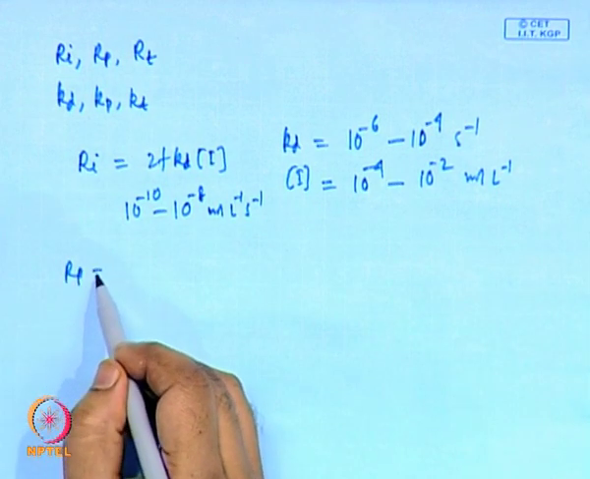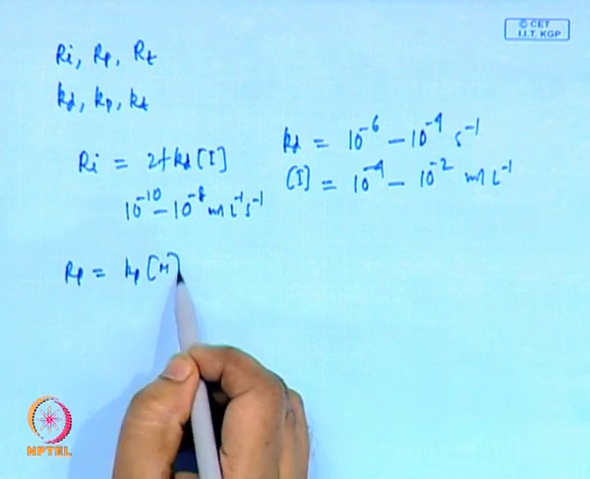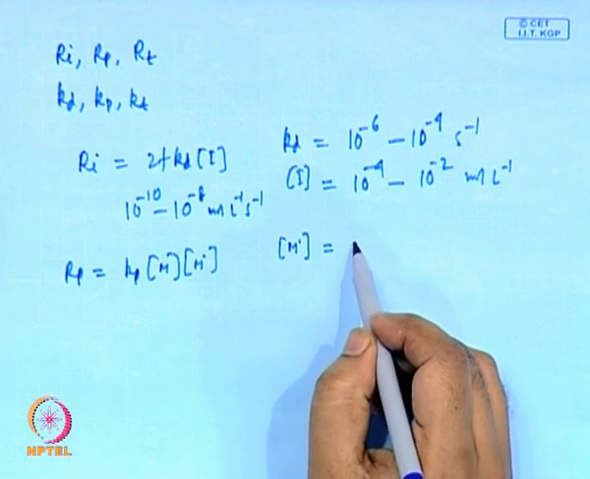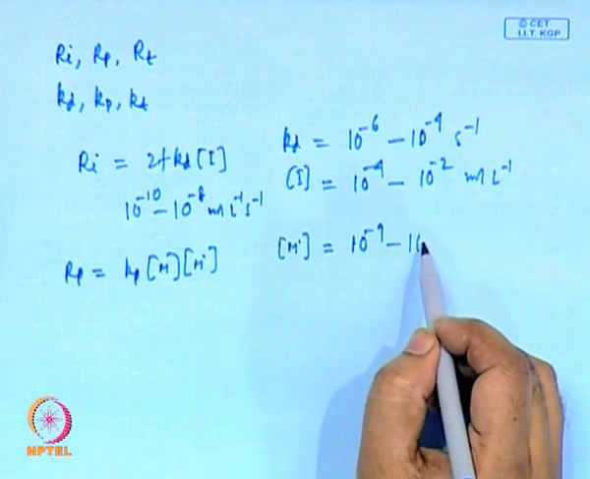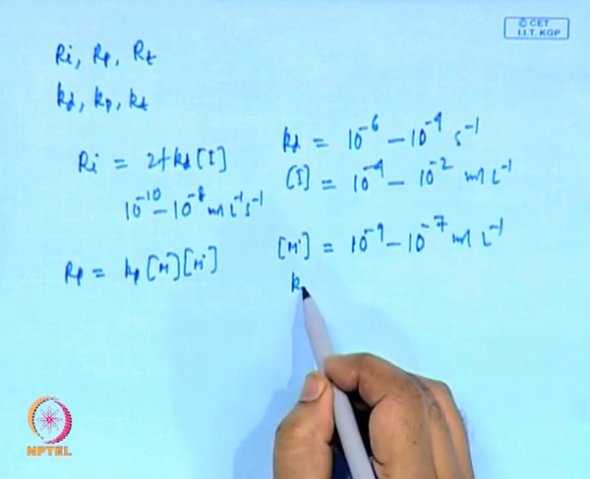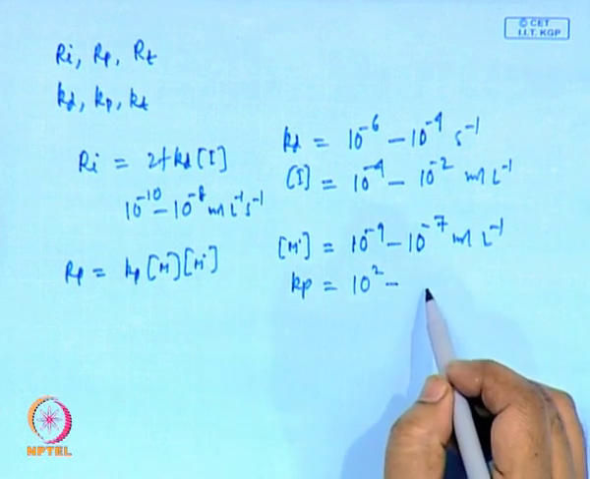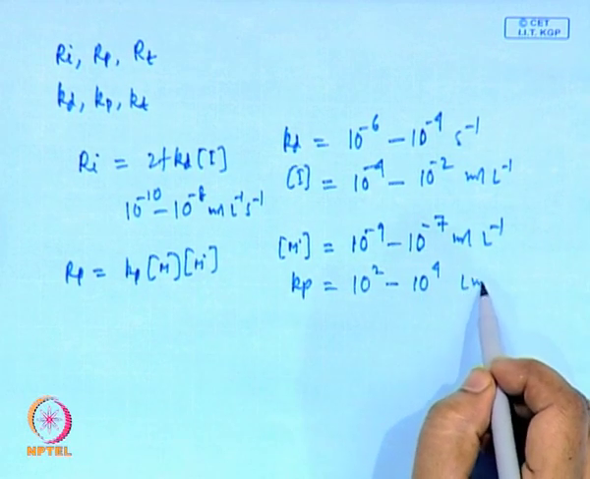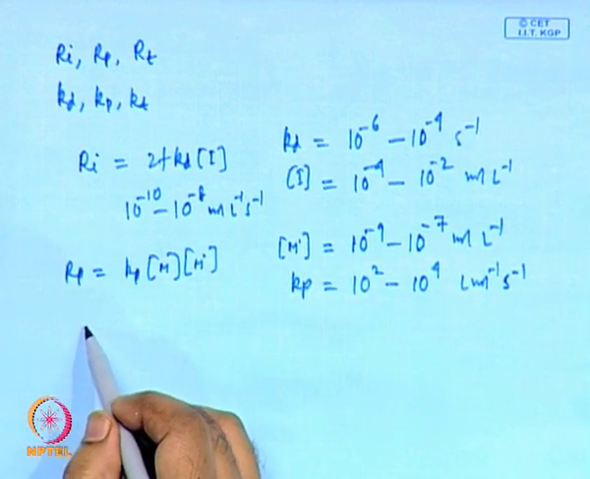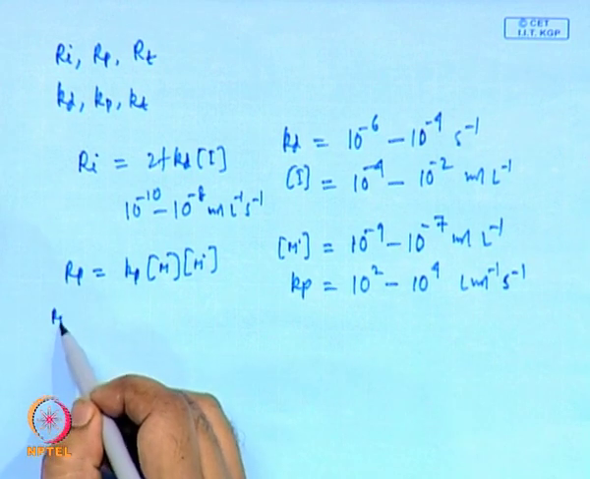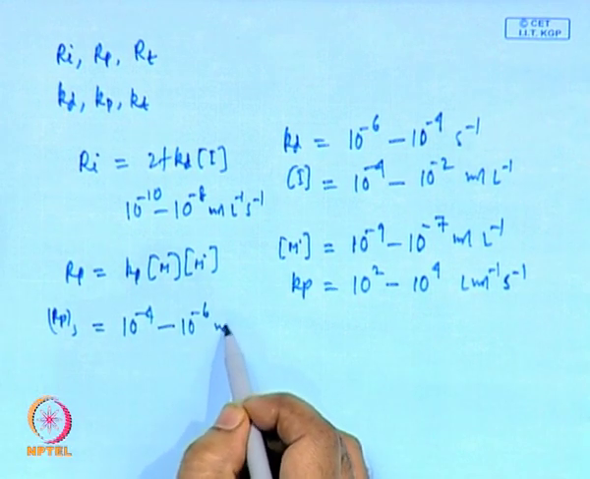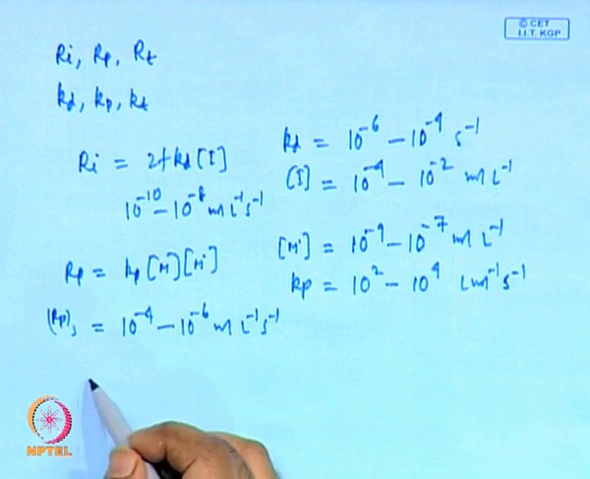Similarly Rp, M dot value typically is between 10 to the power minus 9 to 10 to the power minus 7 moles per liter. Kp is 10 to the power 2 to 10 to the power 4 liter mole inverse second inverse. So, Rp value at steady state is 10 to the power minus 4 to minus 6 mole liter inverse second inverse,